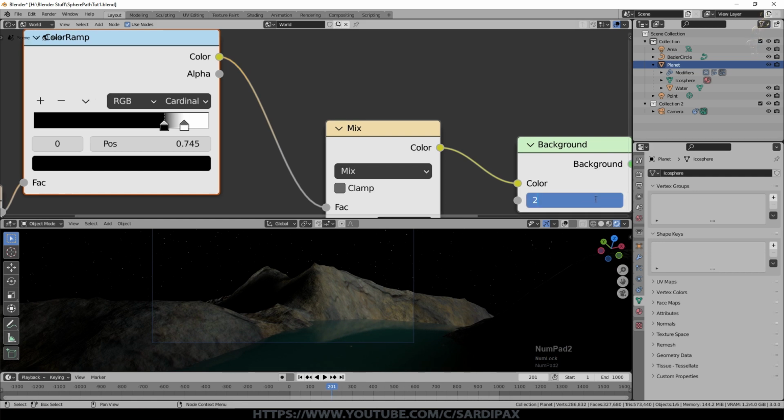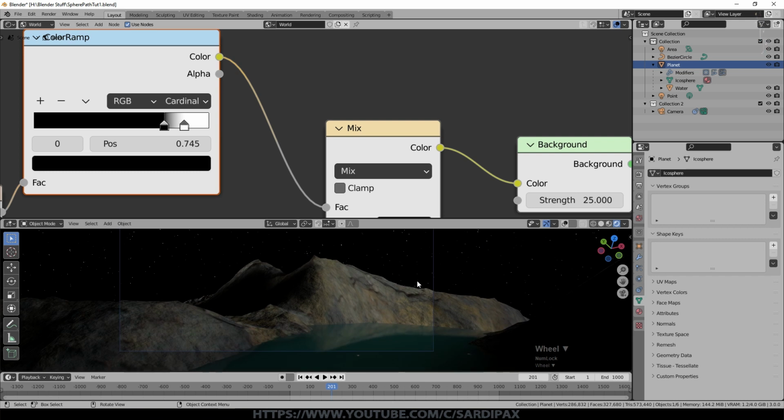And you can even turn the strength up higher if you want. It won't give you more stars, but it'll make the stars you have brighter. And as I say, you can play around with this. This gives you a greater contrast as you drag this one to the left. This one gives you more or less stars. You're basically selecting for stars that are in that range.